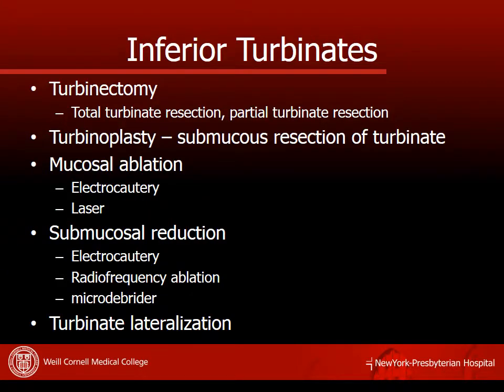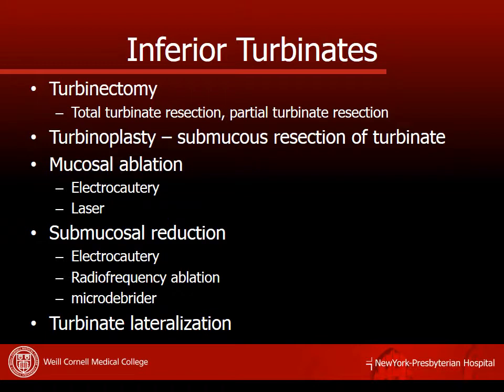So inferior turbinate surgery has been practiced for many years, and there have been many different techniques described for reducing the inferior turbinates. Turbinectomy, defined as either total turbinate resection or partial turbinate resection, is one surgery. Turbinoplasty, where a submucosal resection of the turbinate is performed, is another procedure. More recently, a mucosal ablation has been performed with either electrocautery or laser,